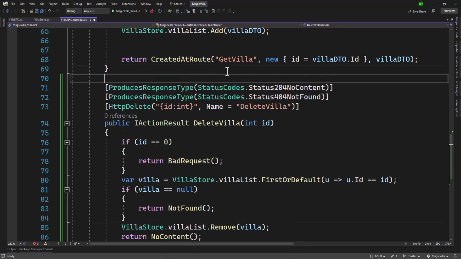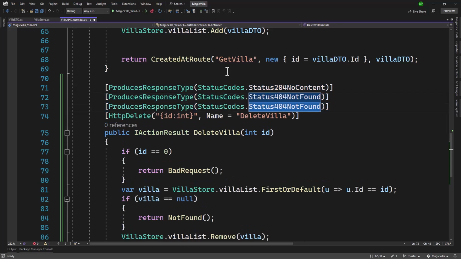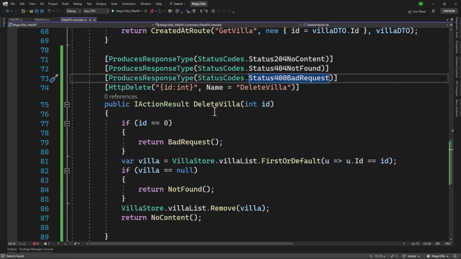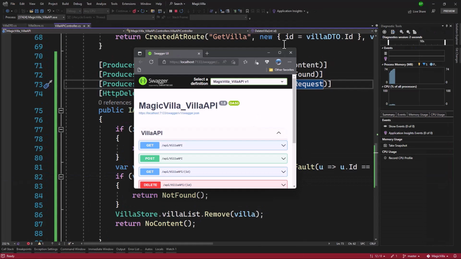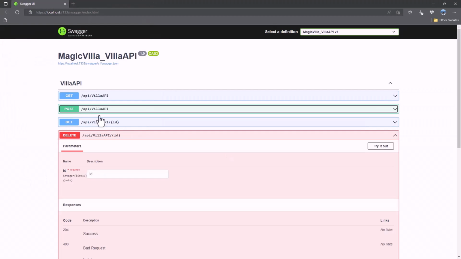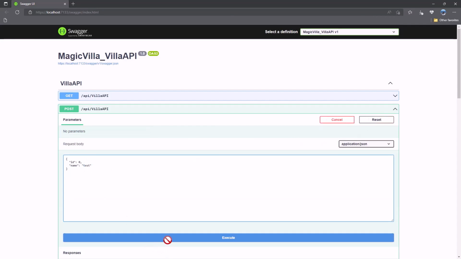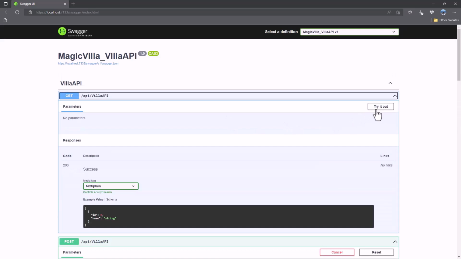So right here, we will add the response type, which is 204 no content, 404 not found, and we also have bad request. Those are the 3 response types that are possible with delete villa. Perfect. Let's run this and test that. Great. Delete is here. Let me first create something. Test. We will have third one. If we do a get here,